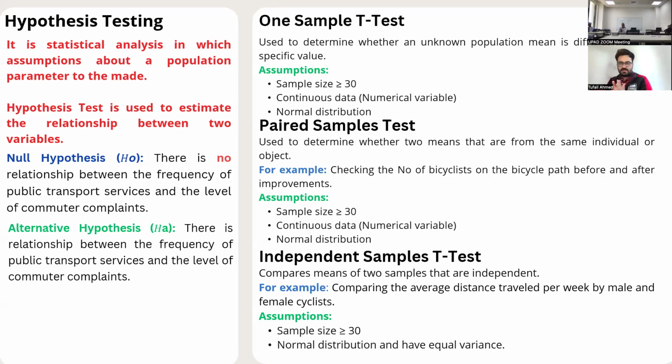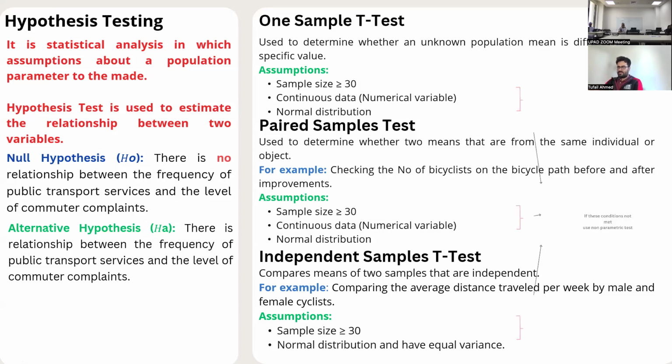And then if the sample size, let's say we have 30 observations, we will say the data is too little. We cannot run the test, because the results will not be something we can rely upon. We need more data. And if you want to compare, then we have the independent sample t-test. For example, if you want to compare the average distance traveled per week by female travelers and male travelers, and we want to know who traveled more, then we will use the independent sample t-test.